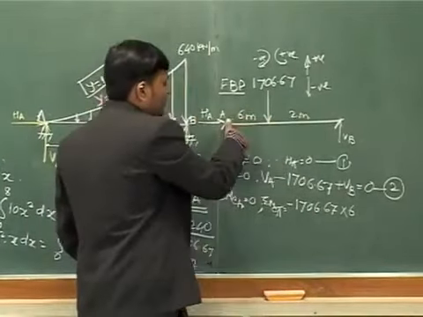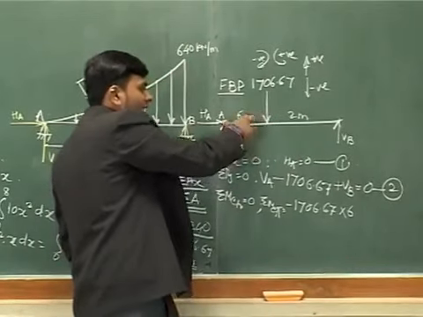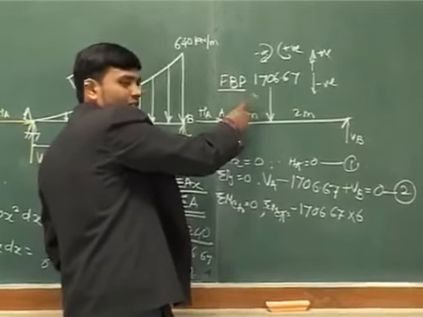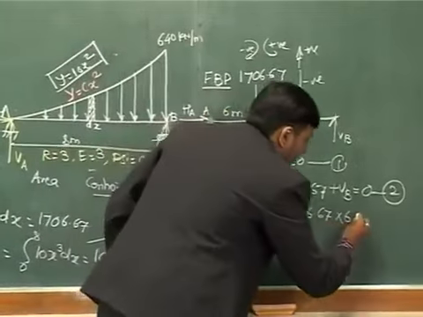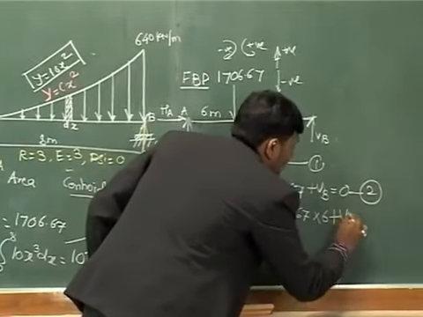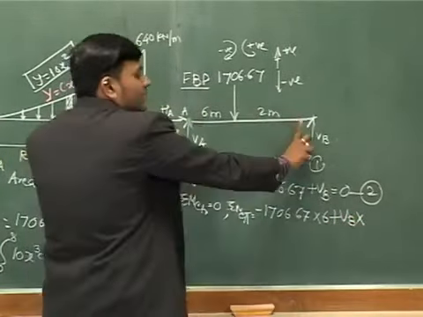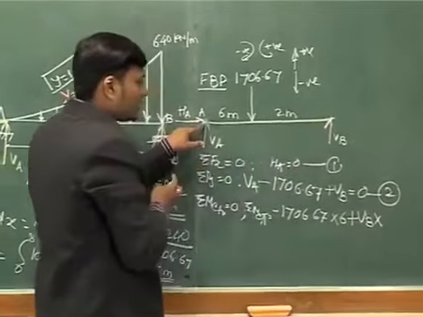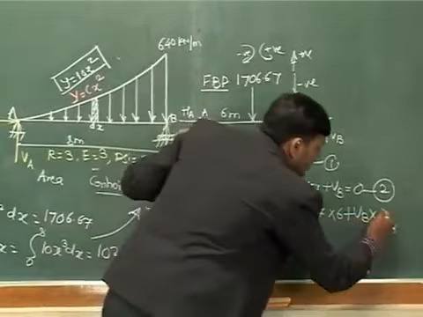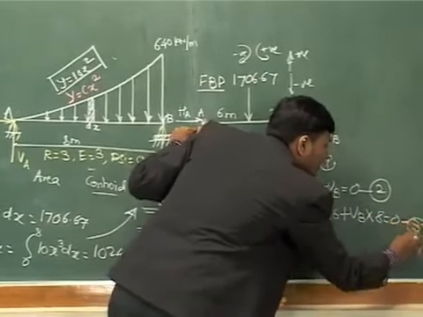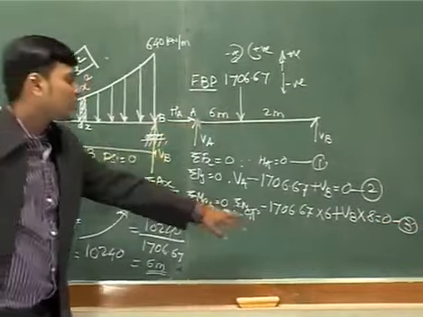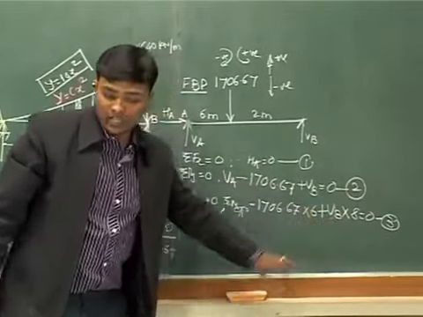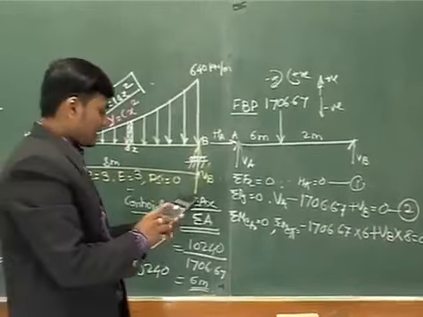Now the last one is Vb. You have to keep your thumb at A. Try to figure out the direction of the force. It is coming out to be anti-clockwise, so it is positive. The magnitude of force multiplied by lever arm, or the point at which you are applying the force and you are calculating the moment. So it will be Vb into 8 equal to 0. This will be your third equation. So in the third equation there is only one unknown, Vb, that you can calculate directly on your calculator.